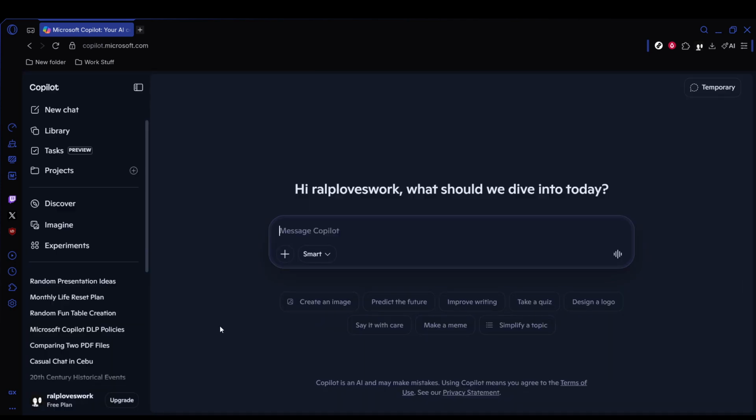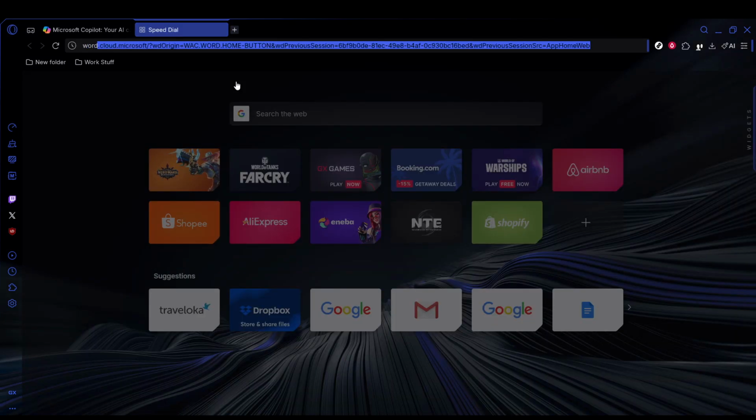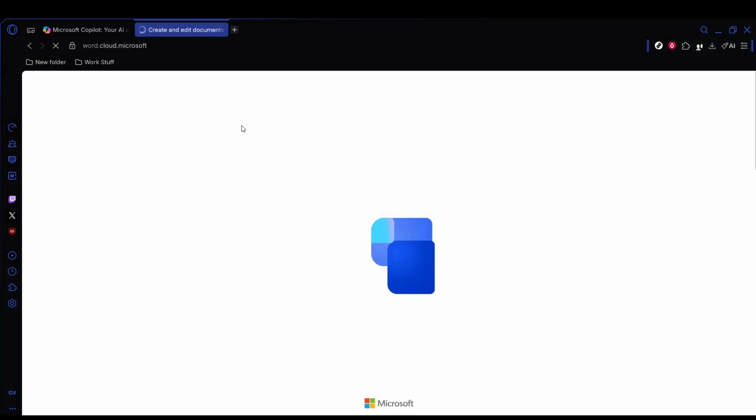In today's video, I'm going to teach you how to create a professional draft document in Microsoft Word using Copilot. We'll keep this simple, practical, and easy to follow so you can go from a blank page to a polished first draft in just a few minutes. This is a great way to speed up your writing process, especially if you need help getting started or organizing